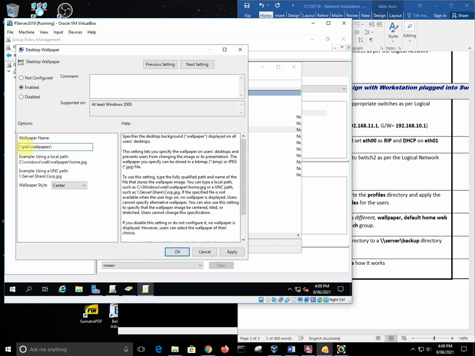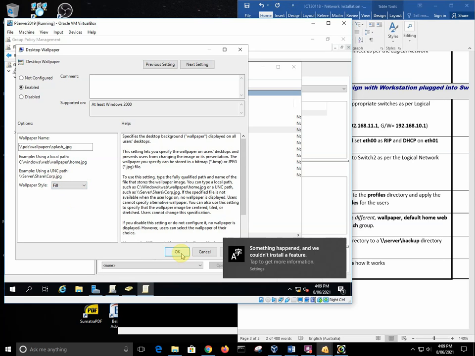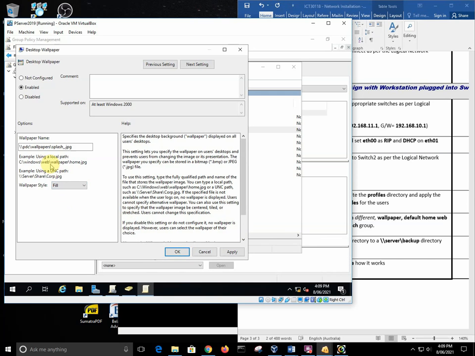I'm going to use splash underscore .jpg. I want to go fill, so we fill it and we'll go. I don't know what this is. Go away. So what I want to do is go